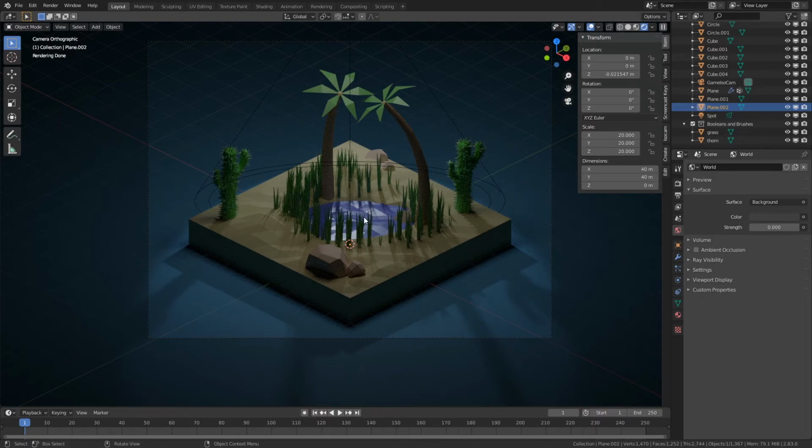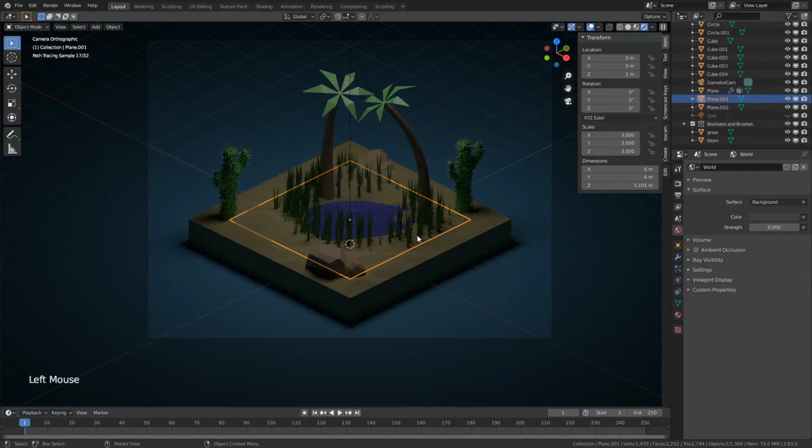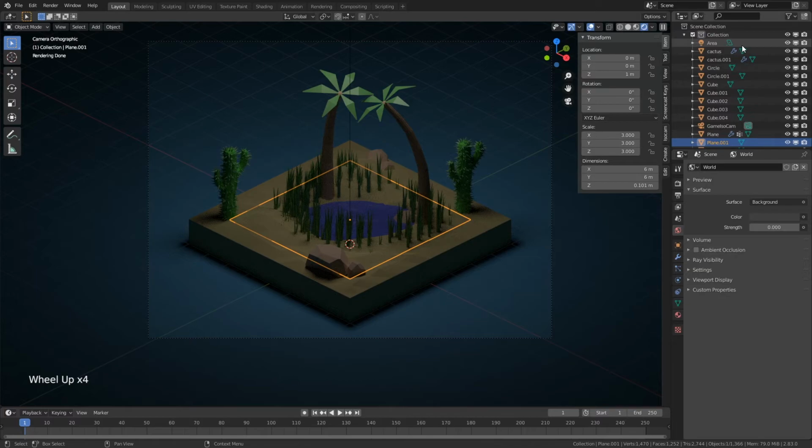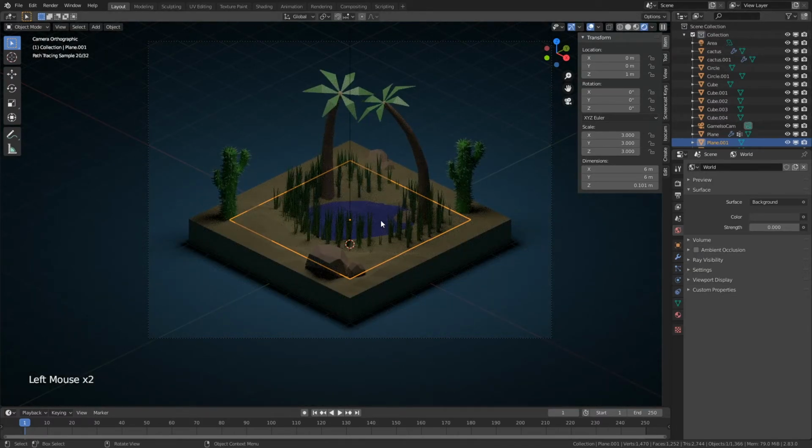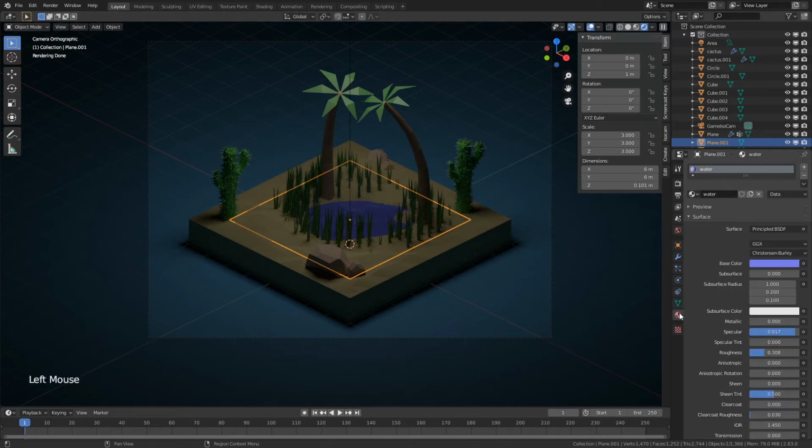Now the water, we can play with it a little bit, right? So why don't we do this? Let's go to our spotlight and let's hide it. And so now the only light we have to work with is our area light, and then we can hide it as well. And guess what? It's dark. Now if we select our water and we go down to our texture, we can do some interesting things,